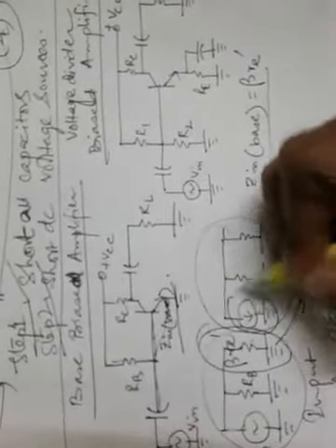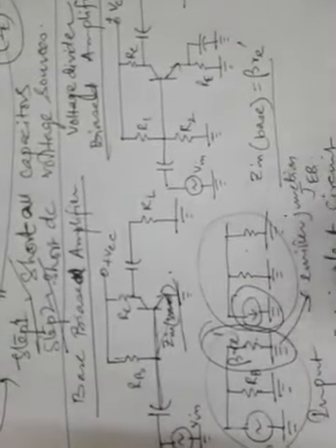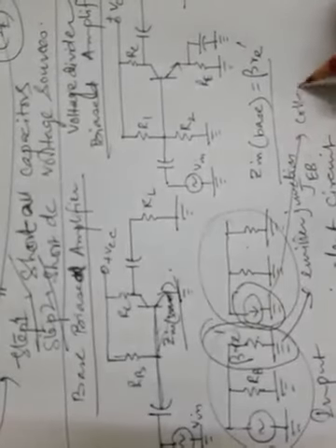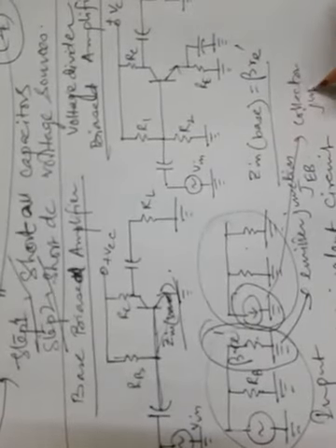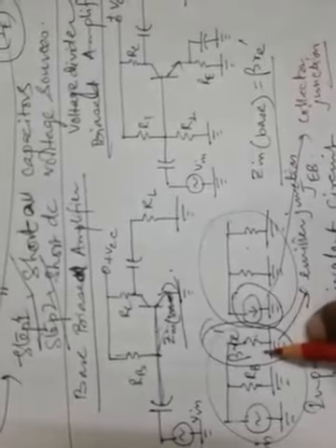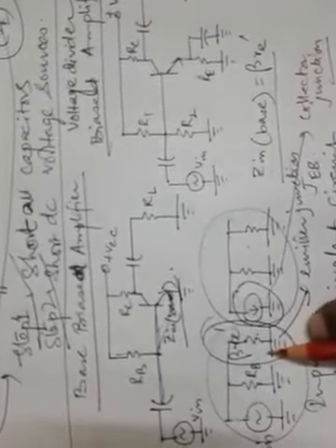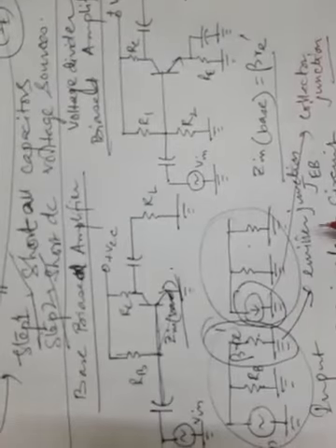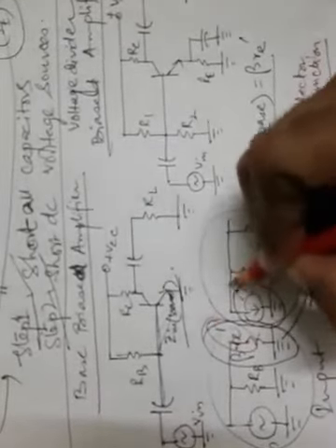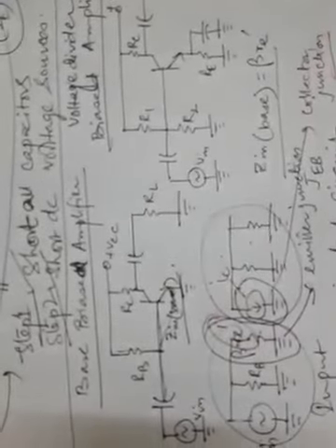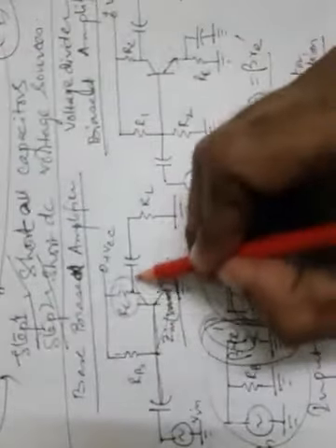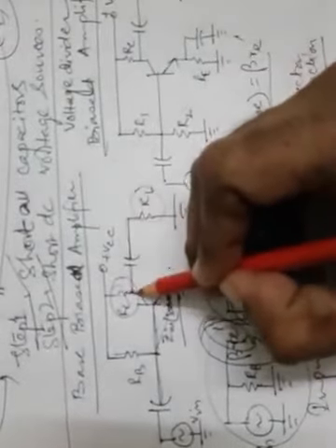And this current source is represented by the collector junction in the pi model. One is the collector junction at the output side, one is the emitter junction at the base side. The emitter junction is represented by a resistance Re dashed, and the collector junction is represented by a current source given by IC, the collector current, and this IC will be flowing through this RC parallel with RL, because